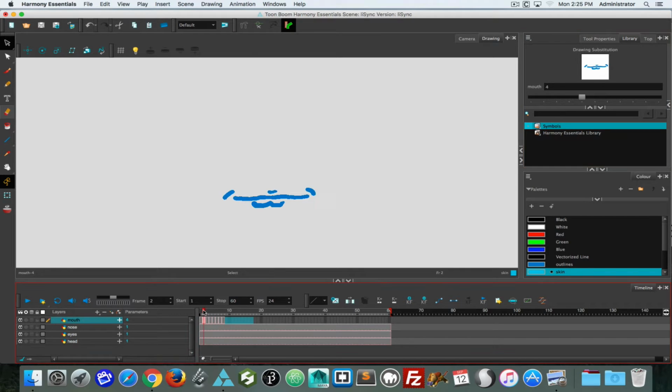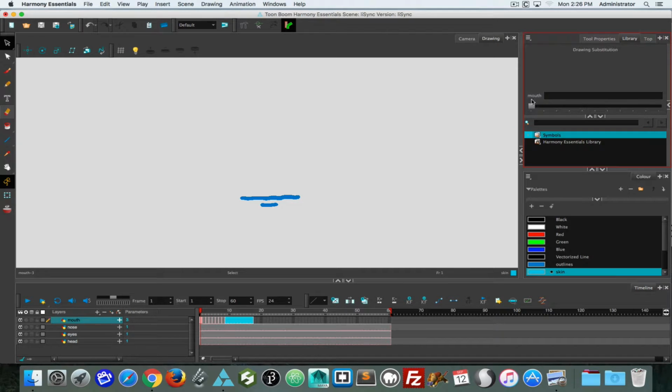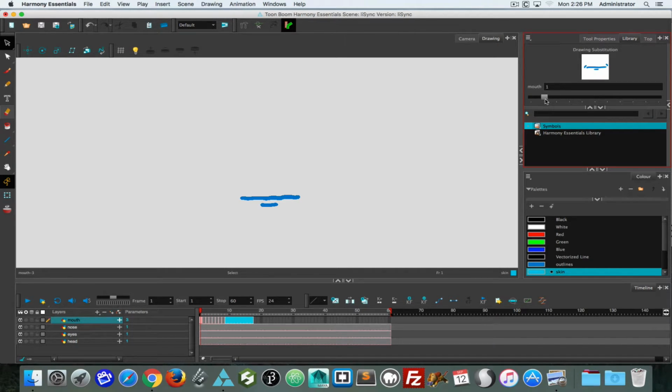Now if you remember, I drew a mouth and then drew another mouth, and then I had some extra ones because my first mouth is at number 3, but if I go left here, we'll see, wait, there's another mouth. There's some extra mouths, and then if I go all the way to the beginning, there's nothing. So each one of these mouths are the drawings that are part of this layer. And if I delete artwork on screen and make new artwork, it doesn't eliminate that drawing from memory unless I manually do it up here. So if I know that those first 2 were my junk ones that I did before I redid them, and I want to get rid of them because the mouth I want to use is going to be the 3rd frame right here,